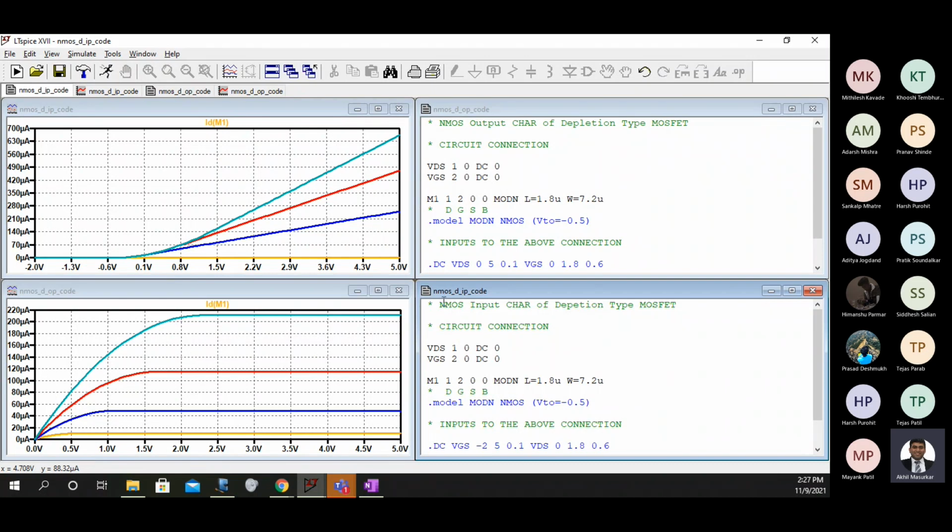Now I want you to show me these two characteristics in this way.